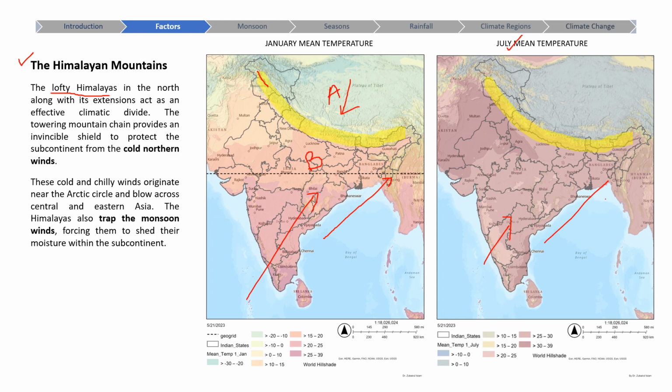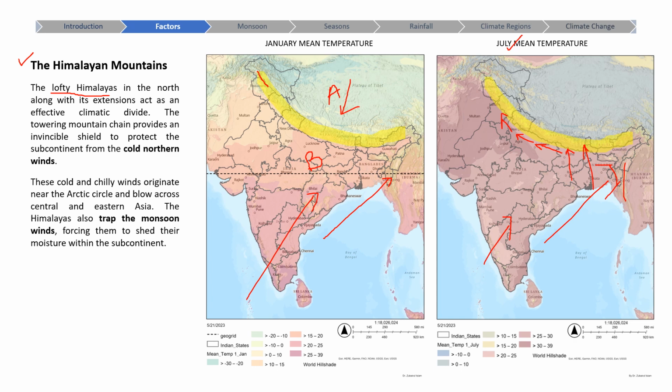It hits the Arakan Yoma range and moves up, and when it comes in contact with the Himalayas, the Himalayas trap this monsoon